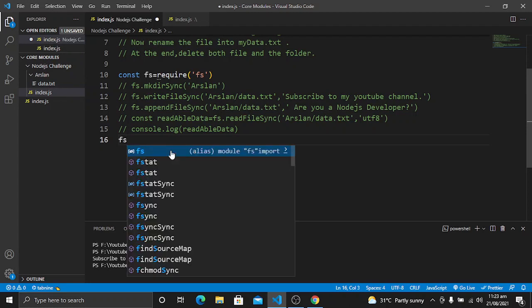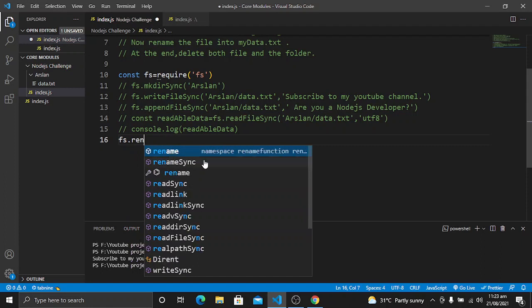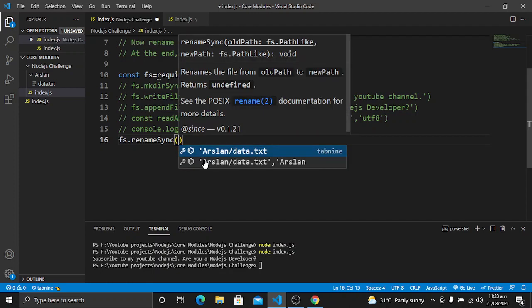So let's see how we can rename files in Node.js. If I write rename, you can see renameSync, so we are using this method.